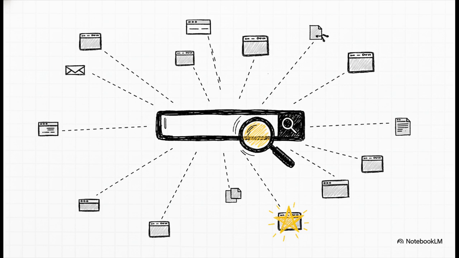Every single time you search for something, a machine learning algorithm does what no human ever could. It sifts through billions upon billions of pages in a fraction of a second. It's learned from the content, the links, and what millions of other people have clicked on to predict the one perfect result just for you.